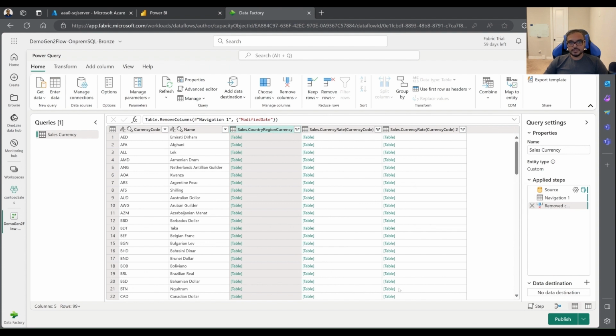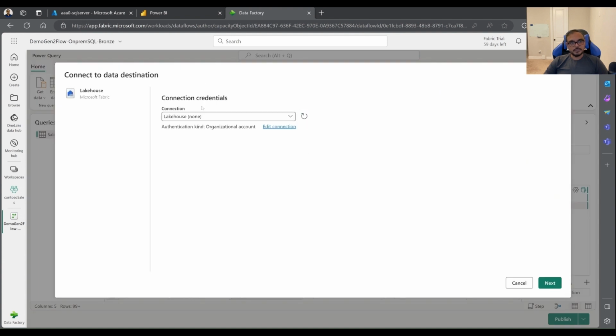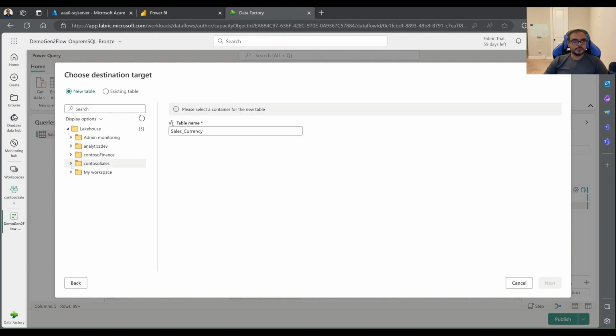And once you're satisfied, let's say you want to load this simple table into the destination without any transformation, all you have to do is just go ahead and say add destination. There are currently four kinds of destinations supported: SQL database, lakehouse, data explorer, and a warehouse. So you can directly load into a warehouse, but you can also load into the lakehouse. Automatically we have access to the Fabric, and it is this Fabric. So we go to Contoso Sales, lakehouse bronze,